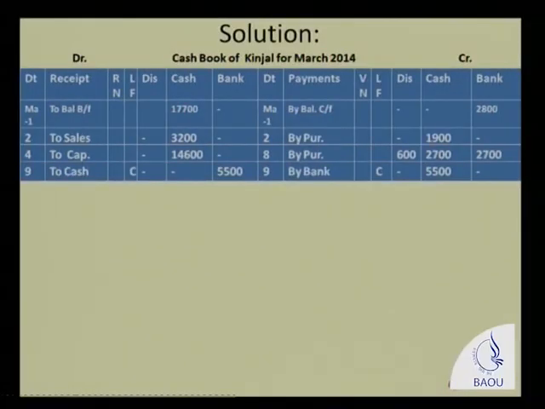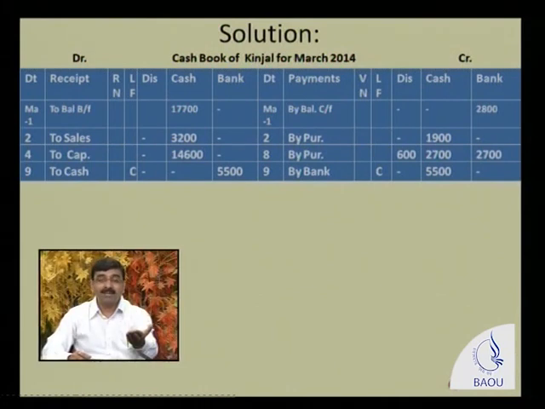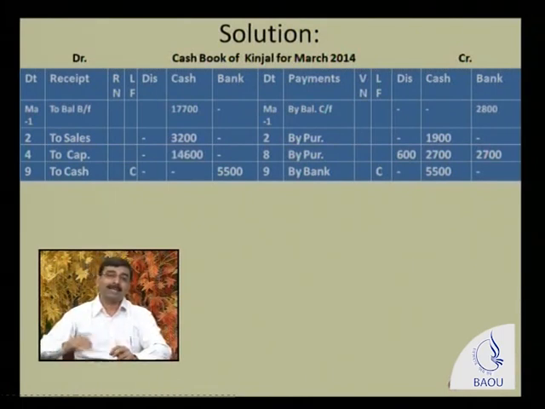See here. You deposited cash in a bank. So who is a receiver? Bank is a receiver. What goes out? Cash goes out. So now bank is a receiver, bank account is debit. Cash goes out, cash account is credit. Bank account debited. Now see on the receipt side, in the bank column, 5,500 rupees because the bank is a receiver and it's a receipt.